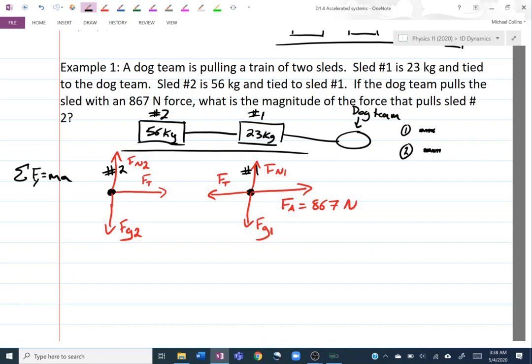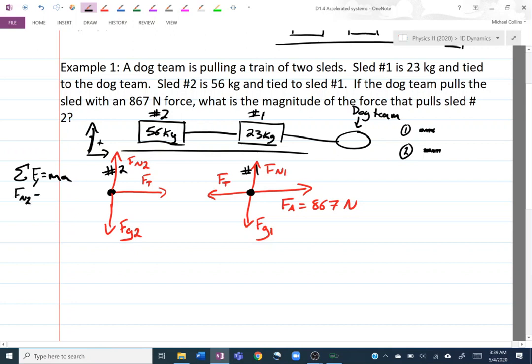So in order to do this, in the y-plane, we also have to choose a box to look at. Am I going to look at box 1 or box 2? Well, notice how they're both pretty much the same. Neither is being accelerated up or down. They're both sitting on this flat surface, which means that if I call up and right positive, up. Uh-oh, my pen chose now to die. Up, oh, it came back to life, and right, positive. That would mean that